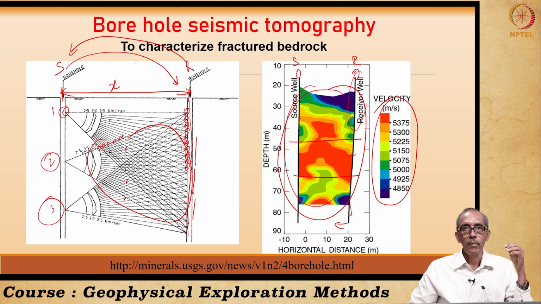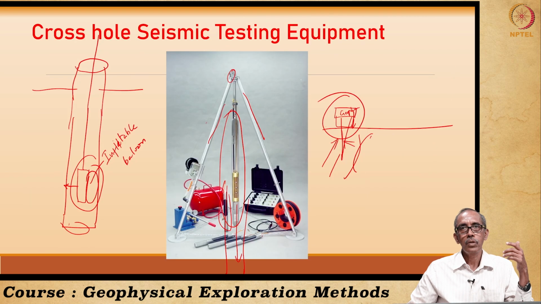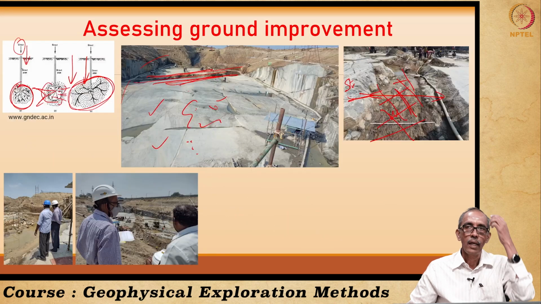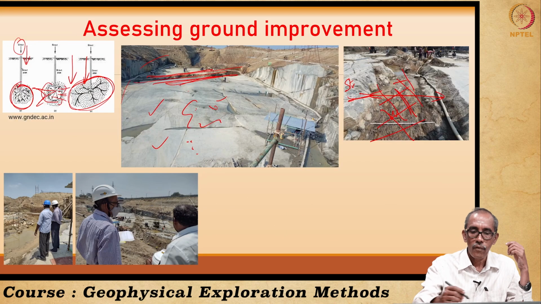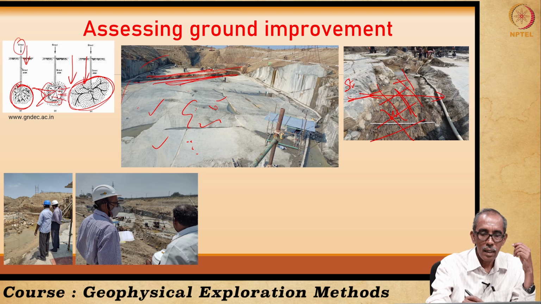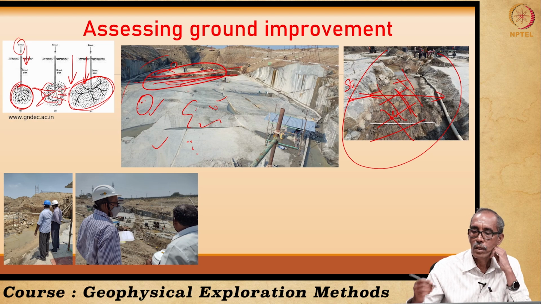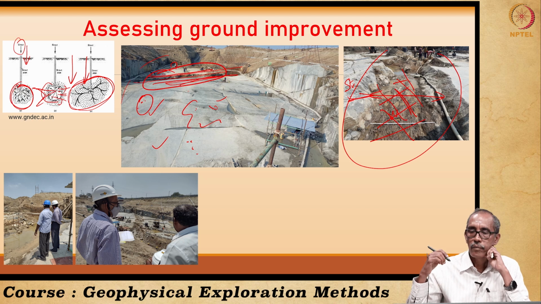zones at some locations, as I showed you in a picture. This is the photograph taken at a location where you can see the rocks are so massive, so nice here, whereas it is very weak at this location. This is the close up of the picture. So, in such locations we do cross hole seismic to understand the depth of this weakness.